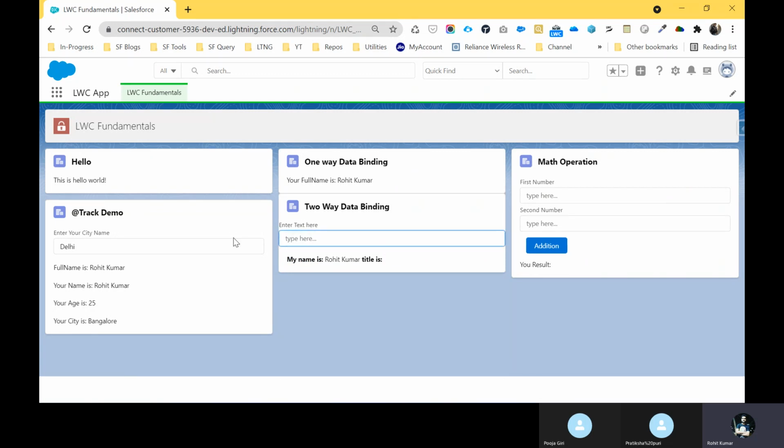Yesterday we did this one, like Rohit, developer, something like that. You can see the title is developer, it changes automatically. If I remove this one, it's automatically removed. But when I change something here, it's not reflected under the city. Any reason?